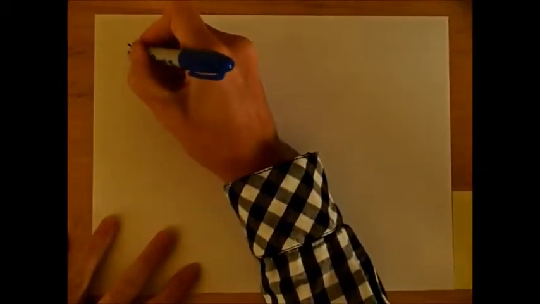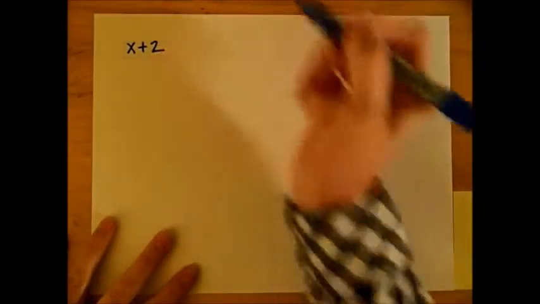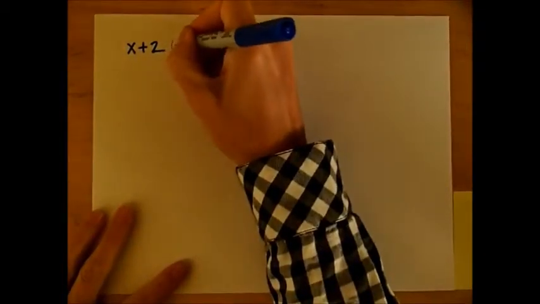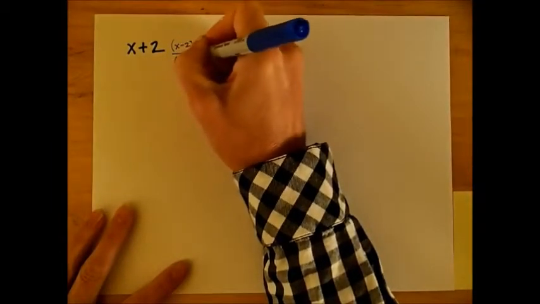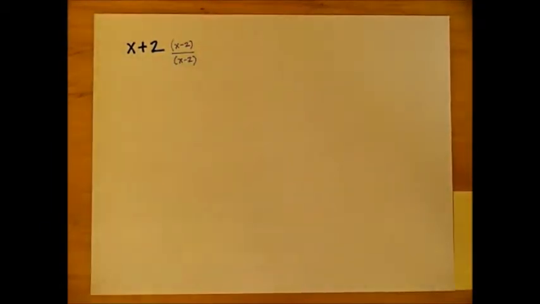Okay, so here's kind of a picky sort of algebra thing that we need to talk about because it's going to come into play here. So here's an expression, x plus 2, okay? If we were to multiply the bottom and top of this expression by the same quantity, we wouldn't change its value, right? So if we multiplied bottom and top by x minus 2, then we'd get